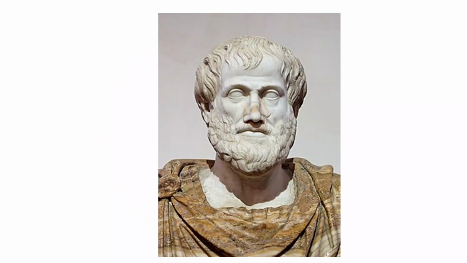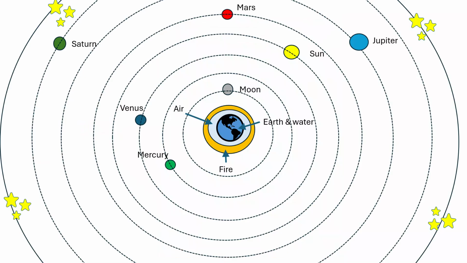The extremely influential philosopher Aristotle, building on the work of Eudoxus, proposed a geocentric cosmos consisting of nested spheres. At the center was the spherical Earth, containing the 4 elements: earth, water, air, and fire. Everything outside of the sphere of the Earth was made of a 5th element called the ether. This 5th element, or quinta essentia in Latin, is where we get the word quintessence.